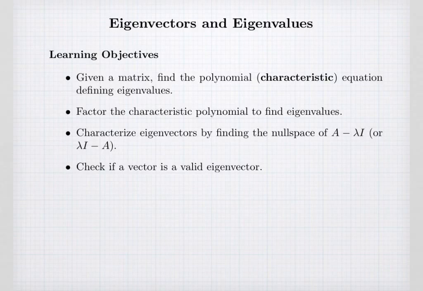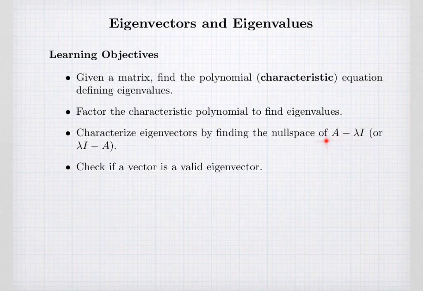This video is going to give you an example of how to solve for the eigenvalues and eigenvectors of a particular matrix. So our basic learning objectives, we need to be sure first that given a matrix we can find the characteristic equation, which is a polynomial equation that allows us to find our eigenvalues. Once we have that equation, we need to know how to factor that polynomial so that we can find our eigenvalues. Once we have all of our eigenvalues, for each eigenvalue we will find the eigenvectors by finding the null